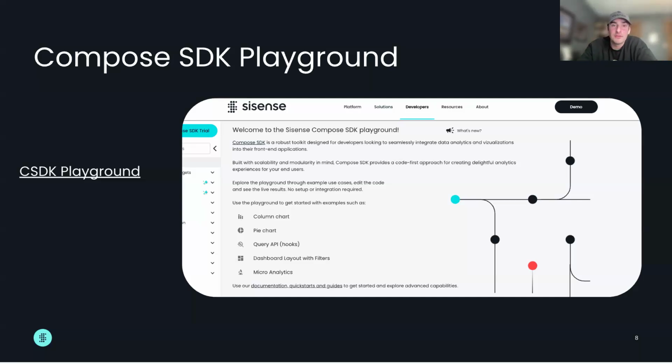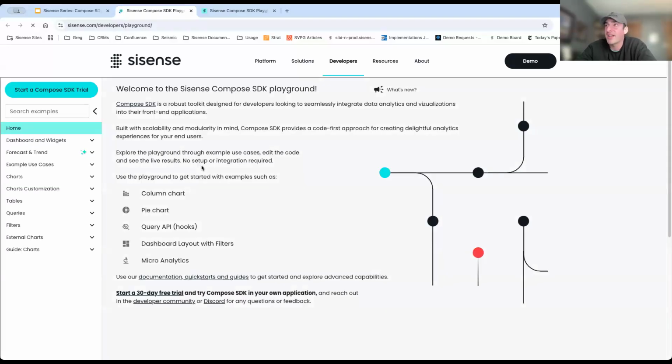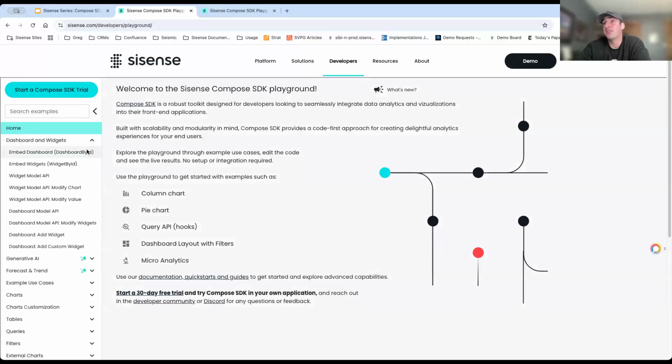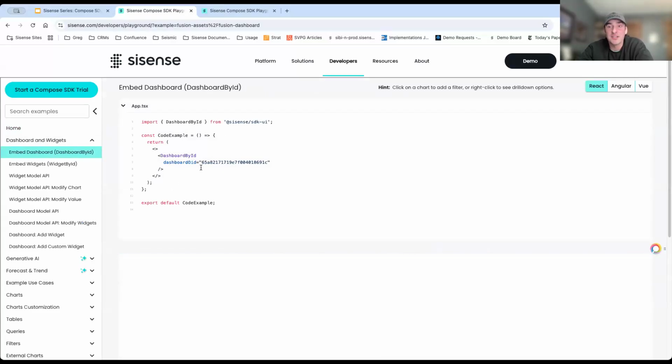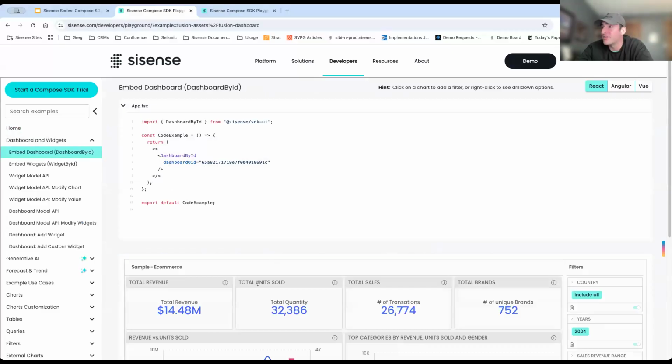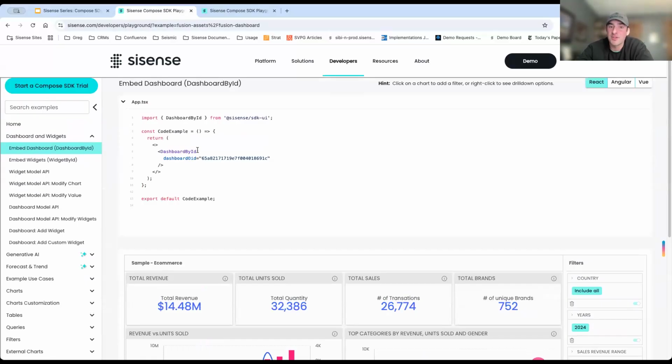So next, we'll jump into the Compose SDK Playground. This is a live site on the Sisense page. So after this, I highly recommend you jumping in and taking a look at some of the code here. These are all live code samples that you can actually copy and paste, or even change live in here to see how the code reacts, and then you can see the changes below. I'll go through a couple of different examples just to showcase some of the functionality. I won't go through everything, obviously, as there's a lot here, but just to give you a taste of what you can do. We start with a very simple use case here, so just embedding a dashboard that's been pre-built